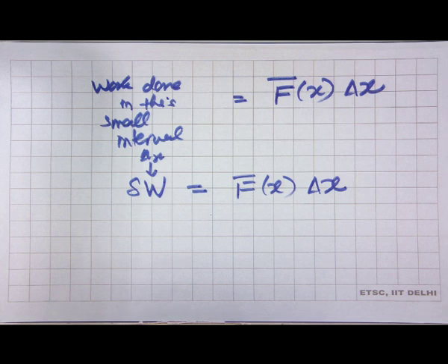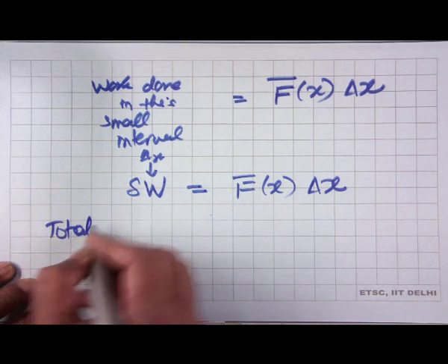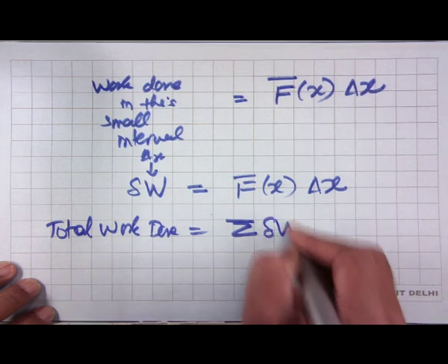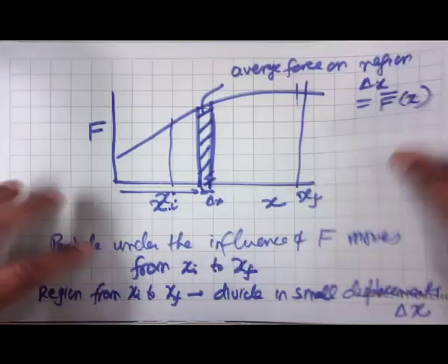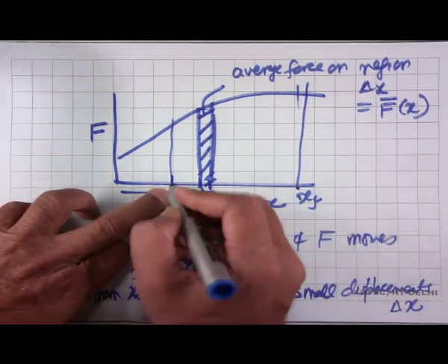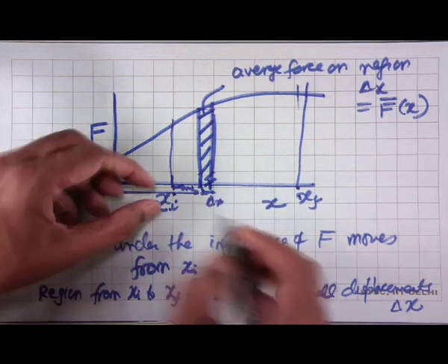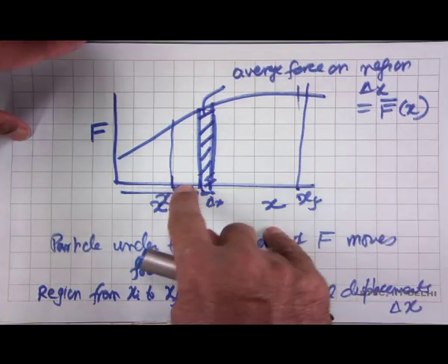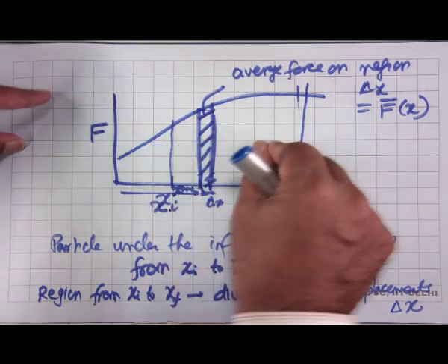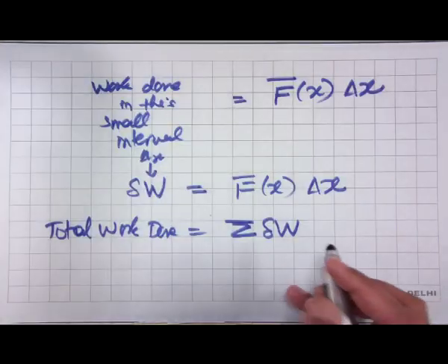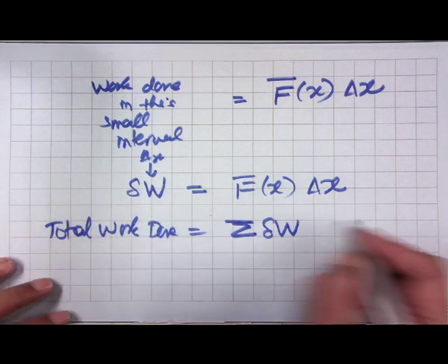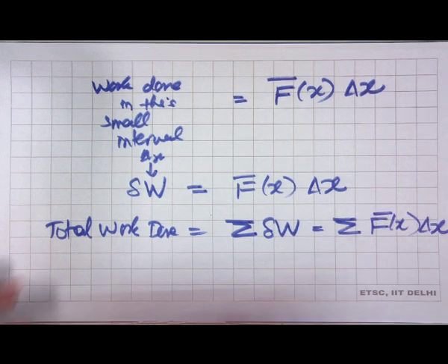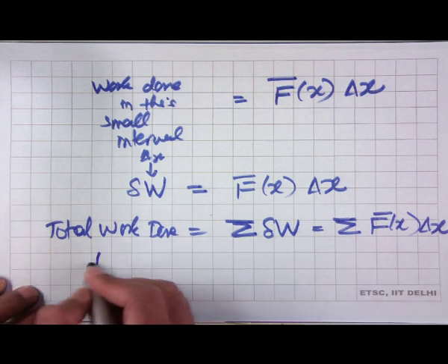So, therefore, the total work done will be summing over all these boxes. I start from xi, go to xf, make small boxes of delta x each, and then the force at each of these is f bar, which is a function of this x, and then I take all these small rectangles and add up the area. So, the total work done is the sum of all these, which I can write as sigma over f bar of x delta x, summation over all these intervals, and in the limit